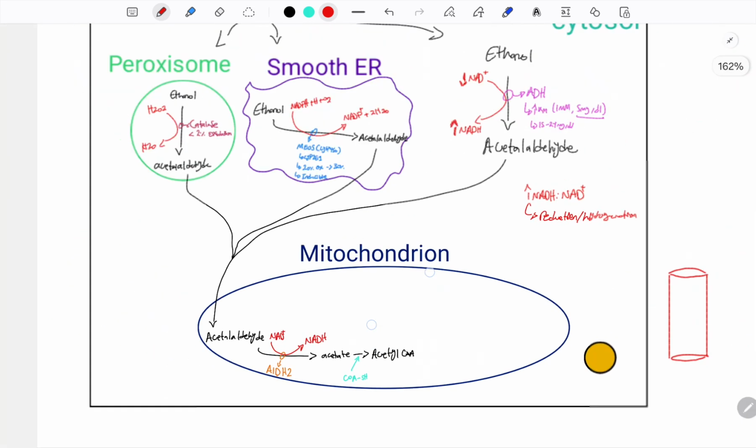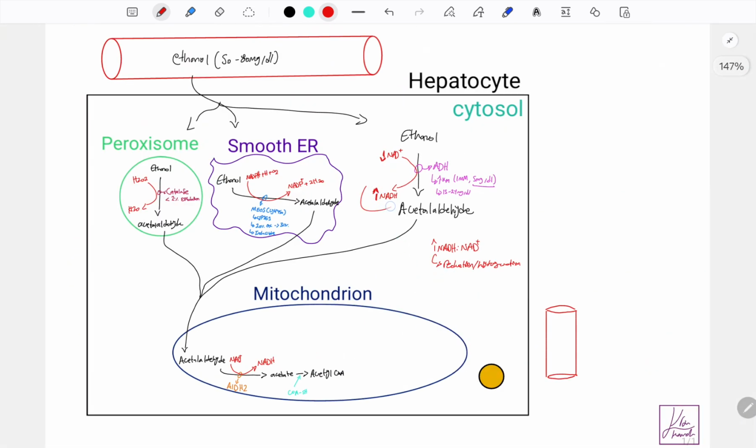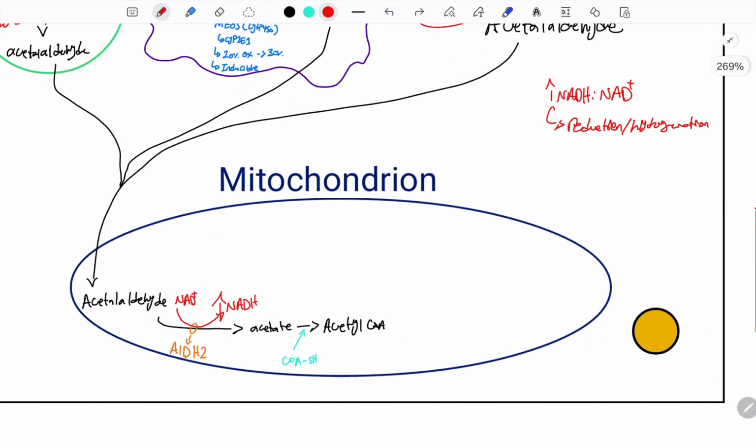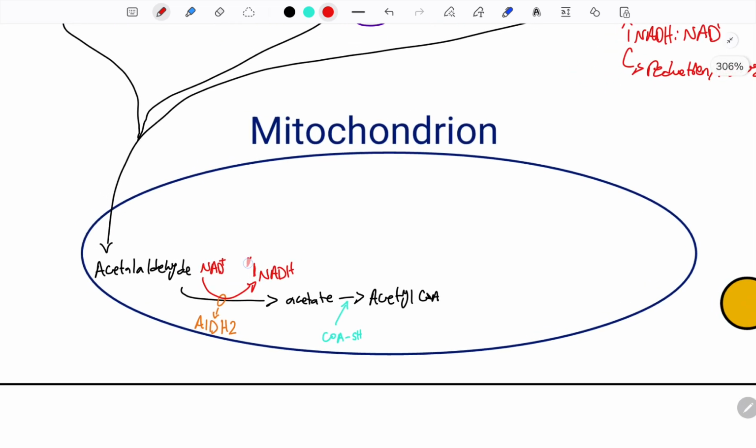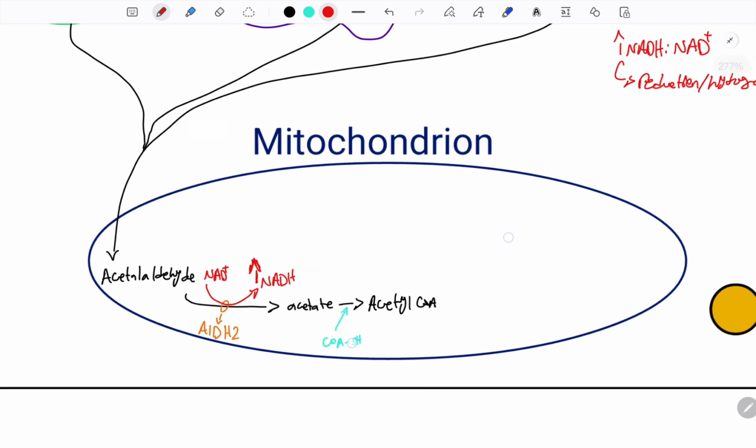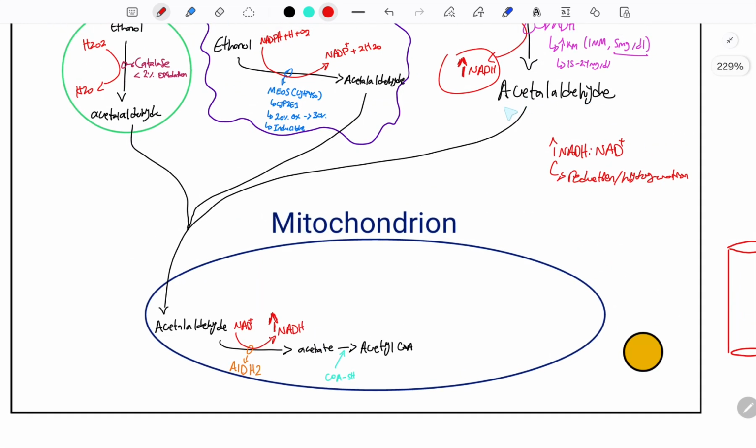And by the way, where are we making lots of NADH? We're making NADH here, and we're making NADH here. So let's say if we didn't even take this pathway and we took these other two pathways, we'd still be making a lot of NADH, okay? But either way, we make a lot of this NADH, all right? What implications is high NADH actually going to have? I'll mention that in a second, but briefly, I just wanted to talk about acetaldehyde and why it can be